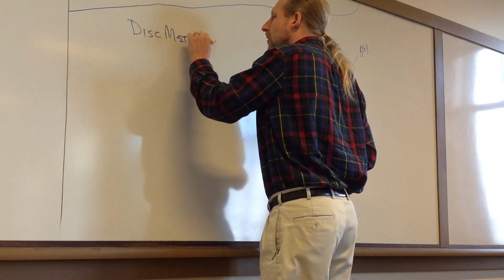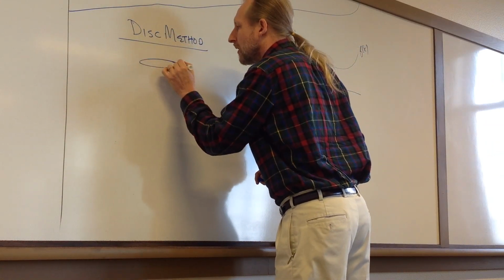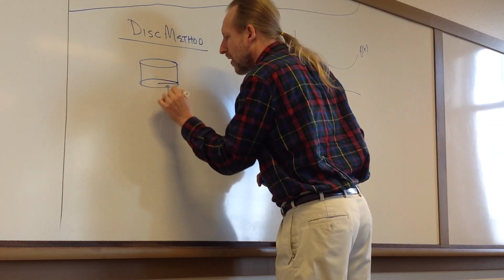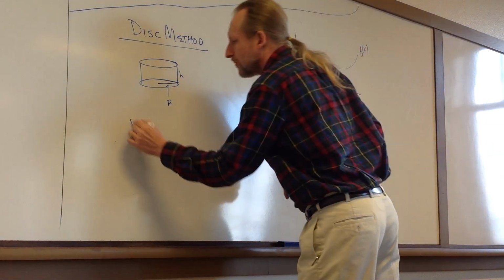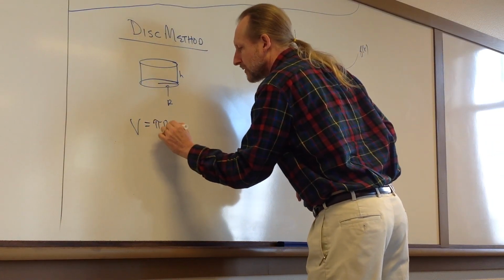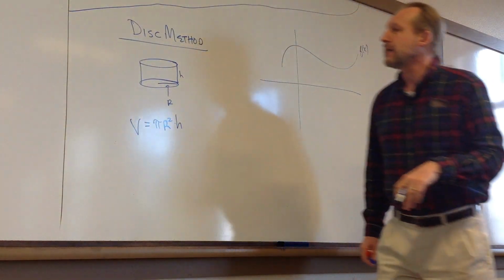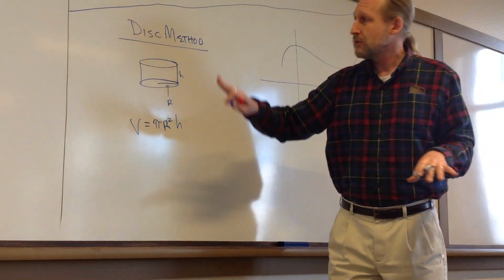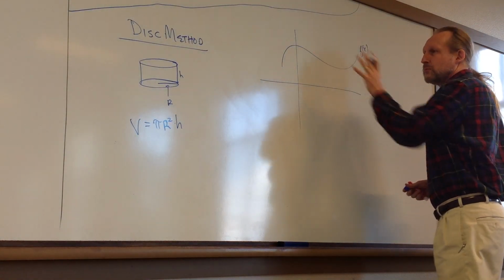the volume of a cylinder. If you've got a cylinder that looks like this, we've got a radius here, we've got a height here, and the volume is the area of the base times the height. Area of the base is going to be pi r squared, and the height will be h. So we're going to use this idea for the volume of the cylinder to find the volume of this object